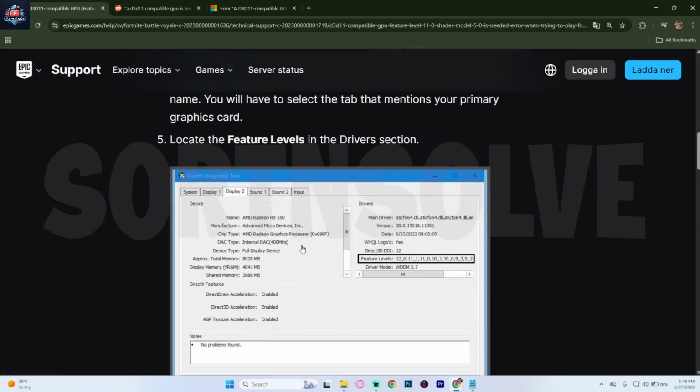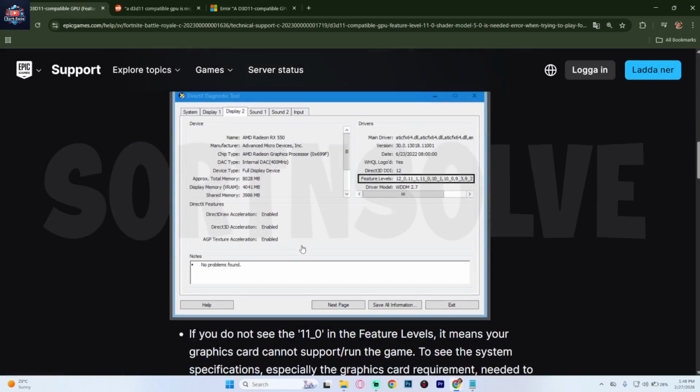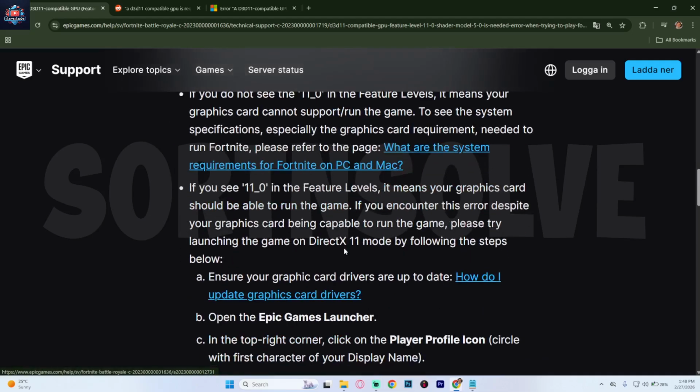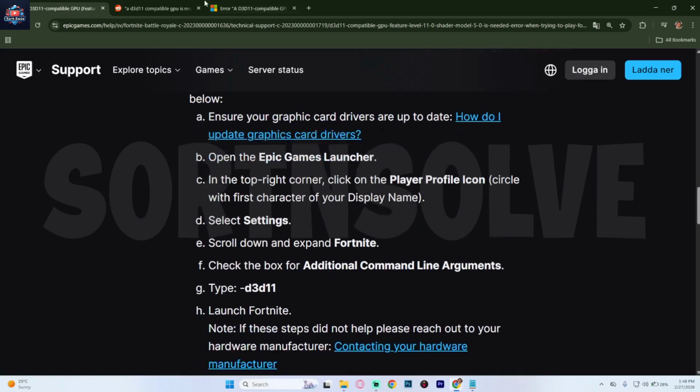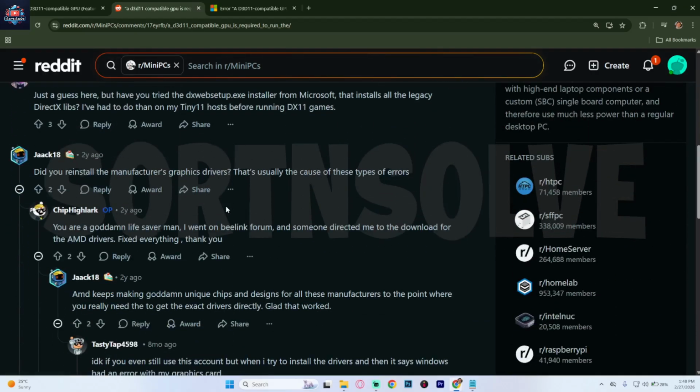Finally, reinstall DirectX runtime files if needed. After applying these steps, restart your PC and launch the game again. In most cases, updating drivers and ensuring proper GPU selection resolves the